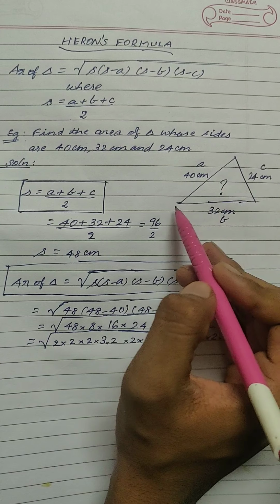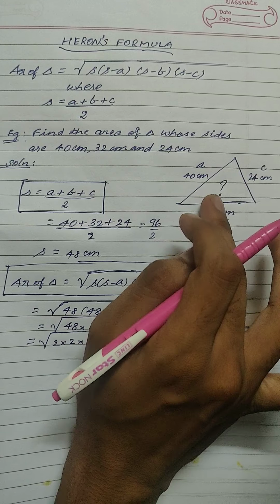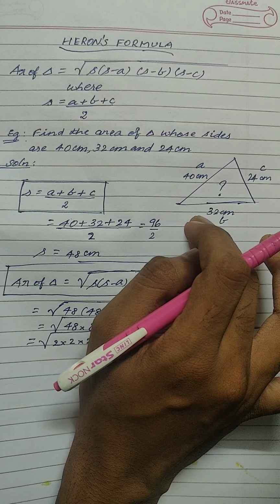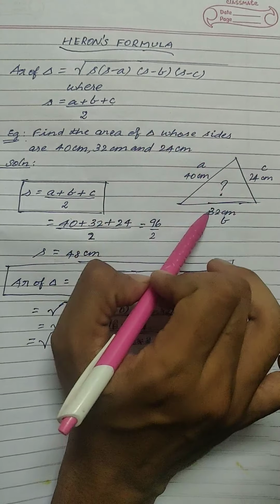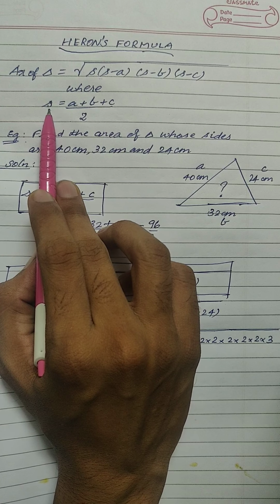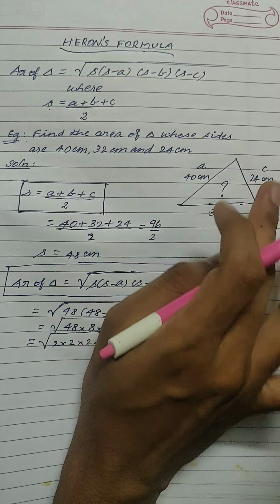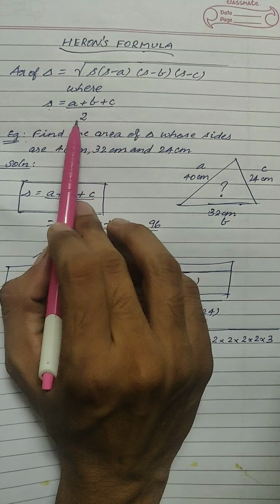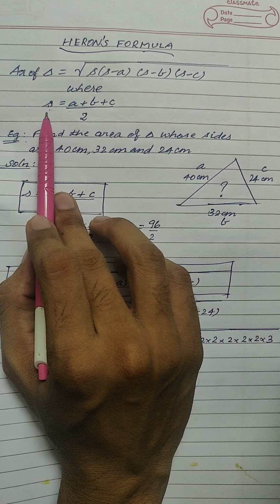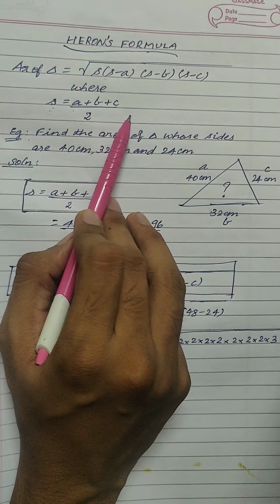So what we are going to do in this chapter is we are just going to find the area of a triangle in which they have given the three sides. So A, B, C are the three sides. Then what is S? S is called the semi-perimeter. You know what is perimeter, right? Perimeter means sum of the three sides, that is A plus B plus C. So we are dividing it by 2, that is why S is called the semi-perimeter. So I hope now you can understand the application of this formula. We shall see an example.